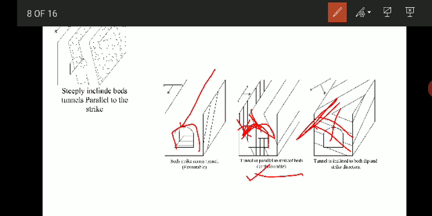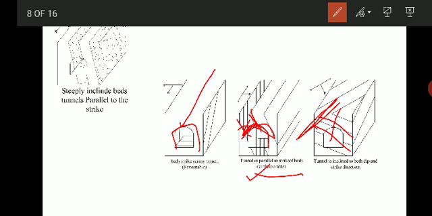So in the third case, when the tunnel is inclined to both the dip and strike direction, it is a complicated situation which requires a detailed analysis. So in such cases, the construction of strong strutted side walls is very much essential, and you have to provide secured roofs for the tunnel. So these are the essential features when the tunnel is neither parallel to the strike nor parallel to the dip of the rocks. So these are the different cases.